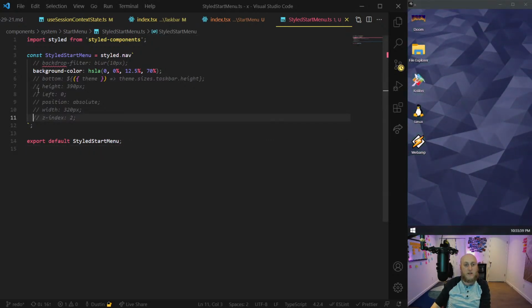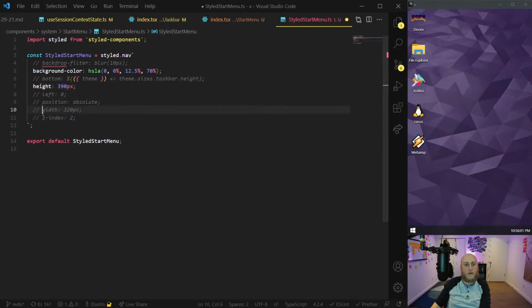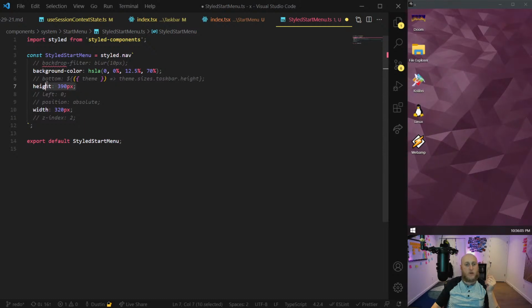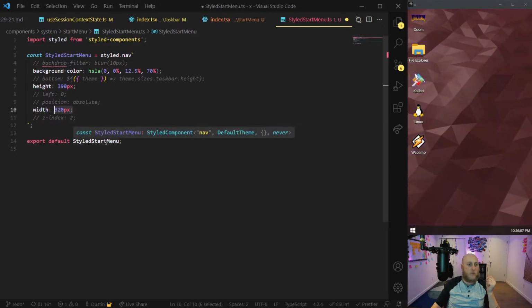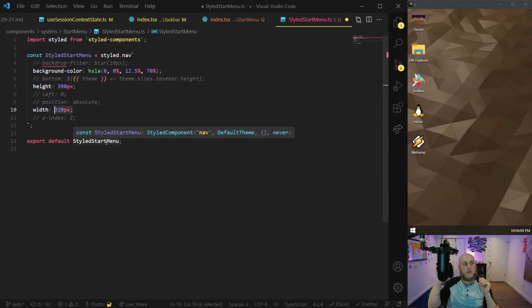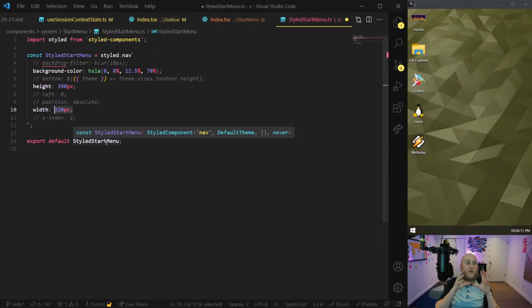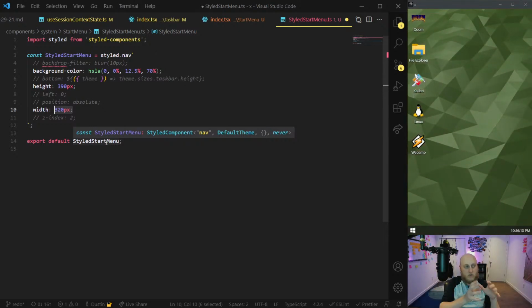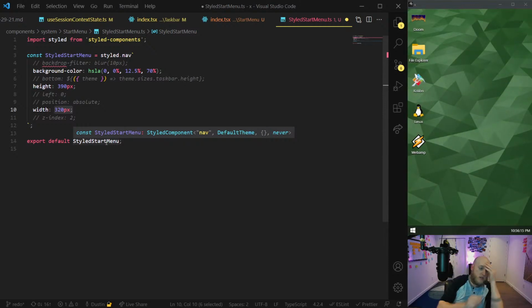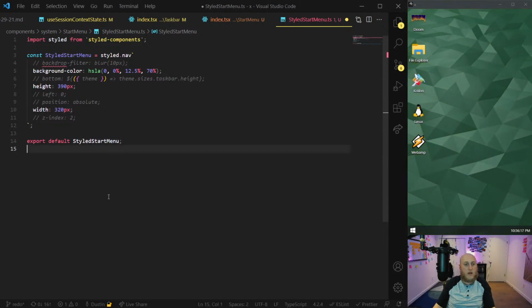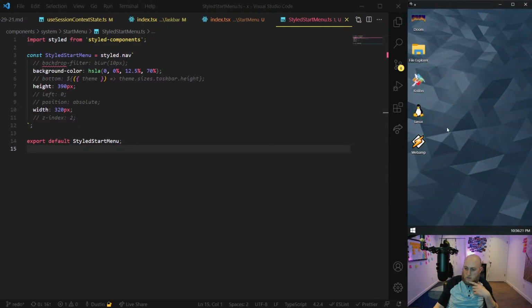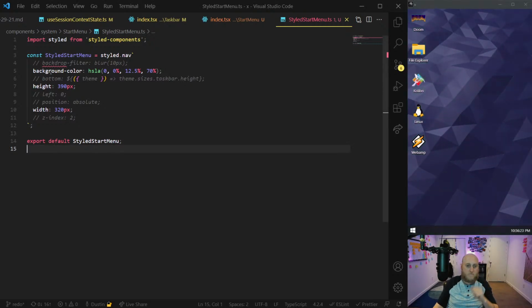It doesn't have height. So we'll set a height and a width. This is the minimum that I was able to get the start menu to be, 390 pixels by 320 width. If you take your Windows 10 start menu, and you delete as much of the stuff as possible and then try to shrink it, that's as small as I was able to get mine. And I'm perfectly happy with that being the minimum. So now when I click, still don't see it. We need to position it.